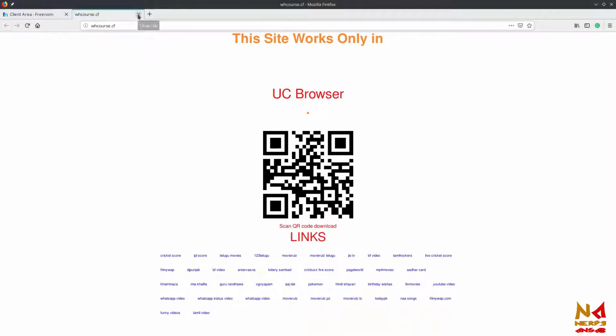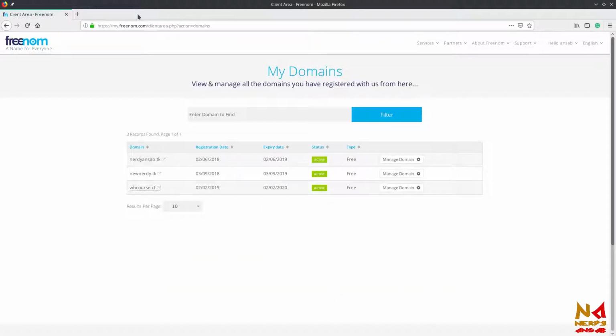So guys, like this you can get a free domain, and now you can use this domain with your web hosting company. What is this? I don't know what. I'll just close this. To use it with your hosting, I will tell you how when we set up an InfinityFree account, because the method is generally the same, you just have to change the name servers. I will tell you in the next video how you can change the name servers of this domain in this